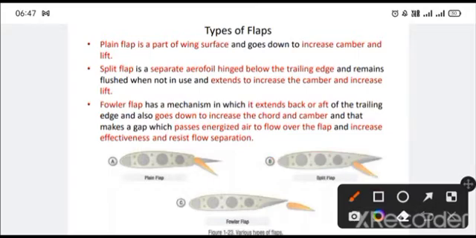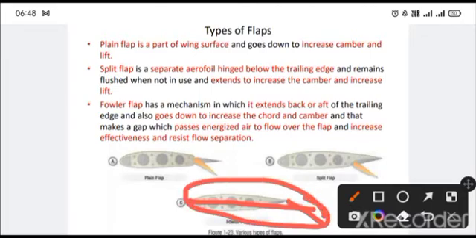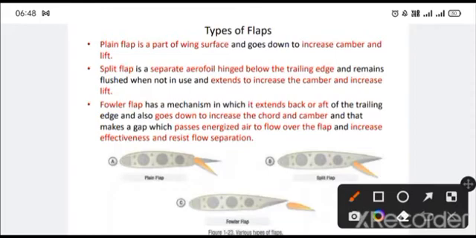Then we have got a Fowler flap. Fowler flap is utilized to increase the chord as well as the camber, because as you can see there is a gap between the flap and the main aerofoil in the Fowler flap case. So that is doing what? That is increasing the chord, which is not the case for the other two, and at the same time it will go down to increase the camber as well. So that will be increasing more surface area, as you can see. That will be increasing more surface area, so that will give us